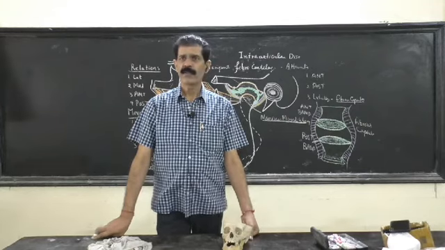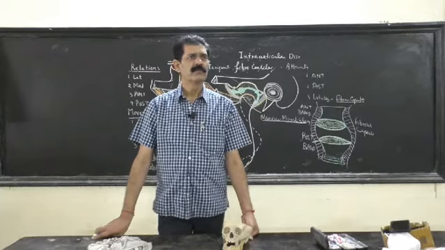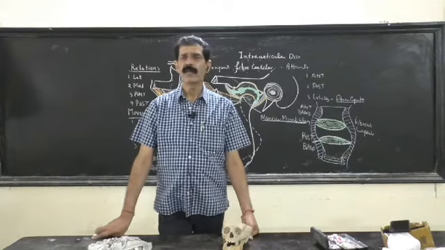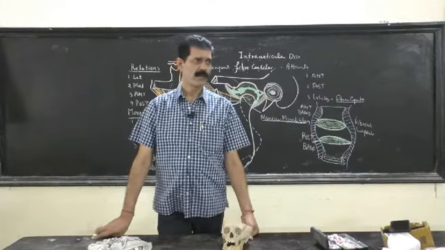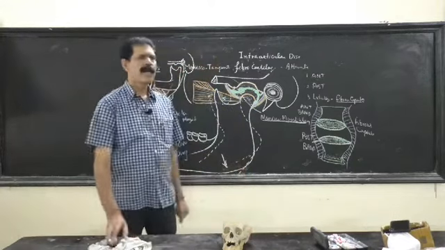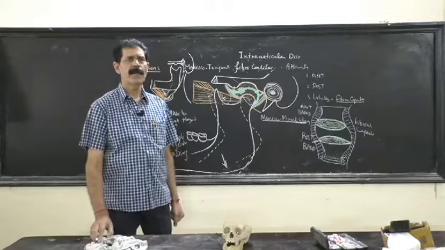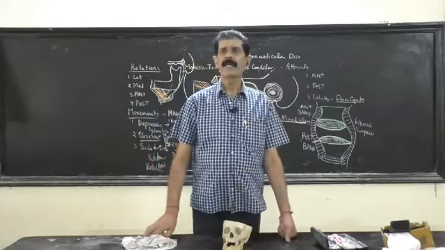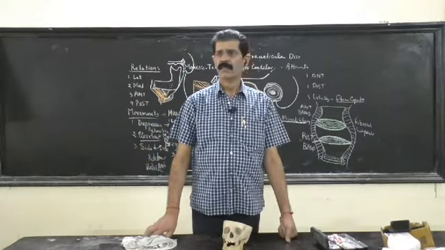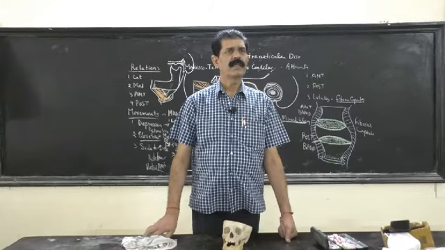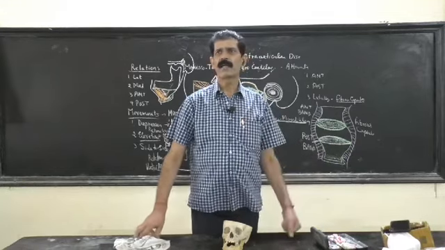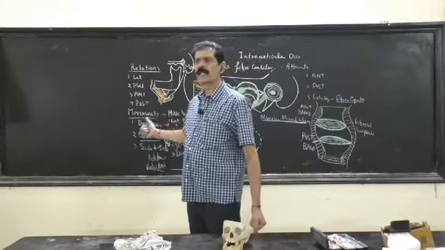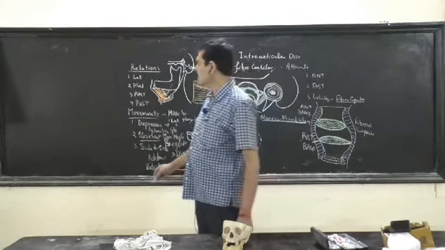So the radius is different, so it is not on one point. Various points take place in the rotational movements, that you have to explain for the side to side movement. So this is all about the TM joint. First we have done the bones, then we explained the bones. Second we took the various ligaments and explained them. Third we have done the intra-articular disc. Fourth we have done the relations, and after the relations, the movements. Now the last part is the applied.